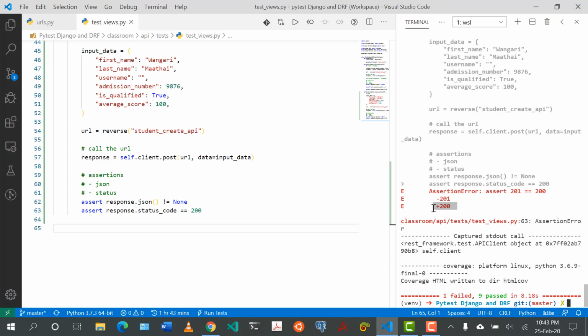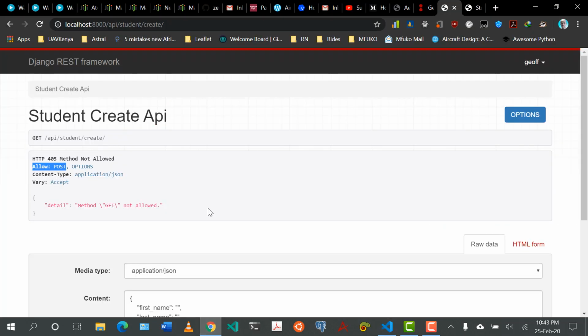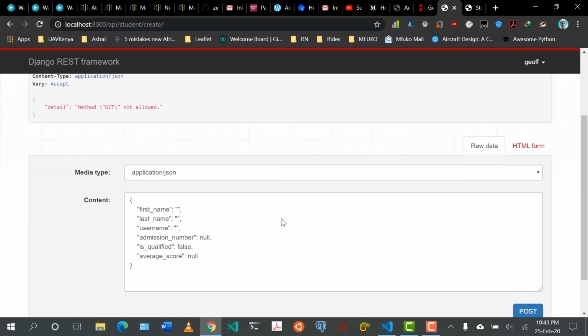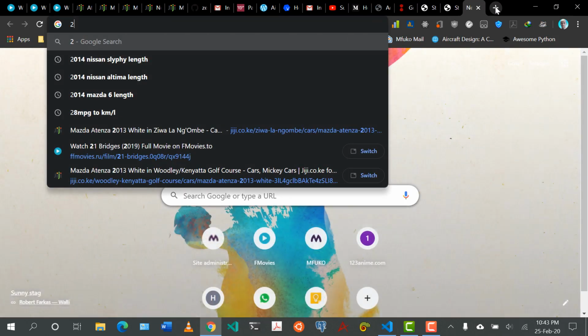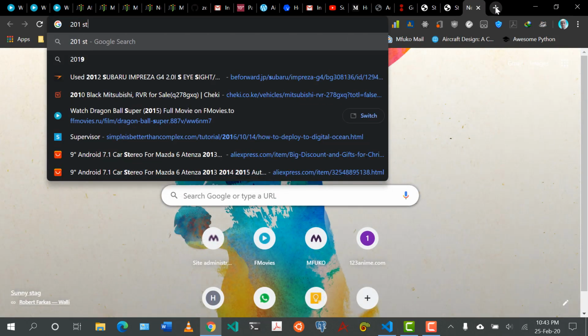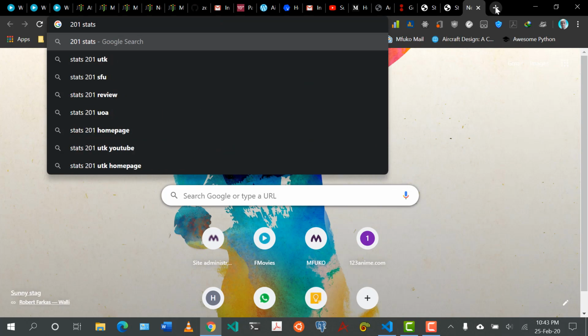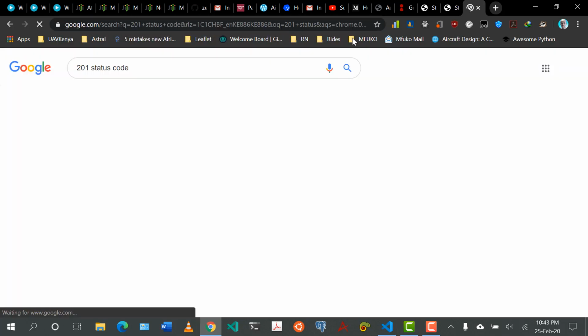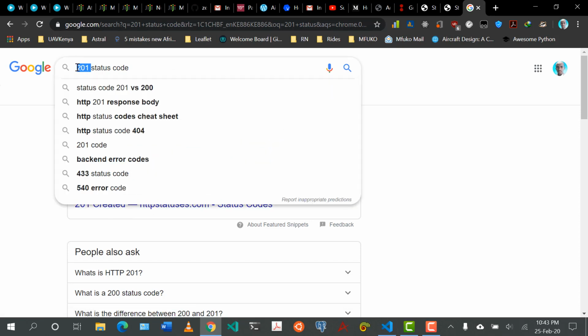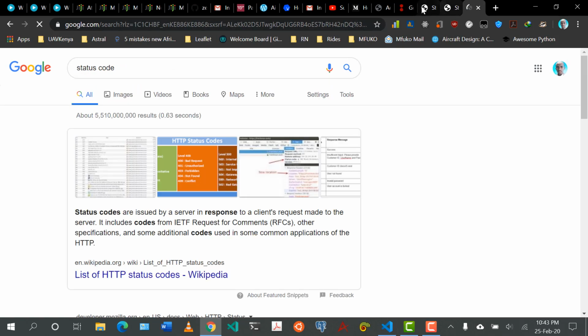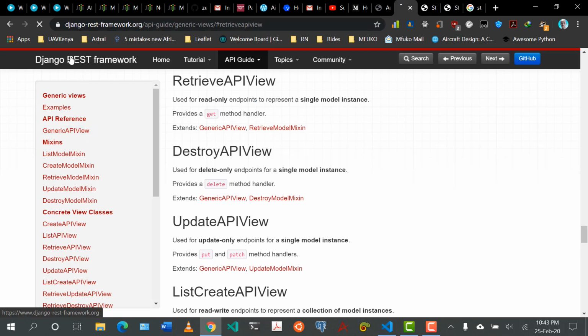201 is not equal to 200, and I was expecting this to fail, and this is because of one thing. Whenever we create an object through a form or whatever on the web, it usually returns a 201, and 201 status code means something has been created. So yeah, 201 created. Again, one of the things that perhaps I didn't cover a lot, and I think this is covered well in the Django REST framework